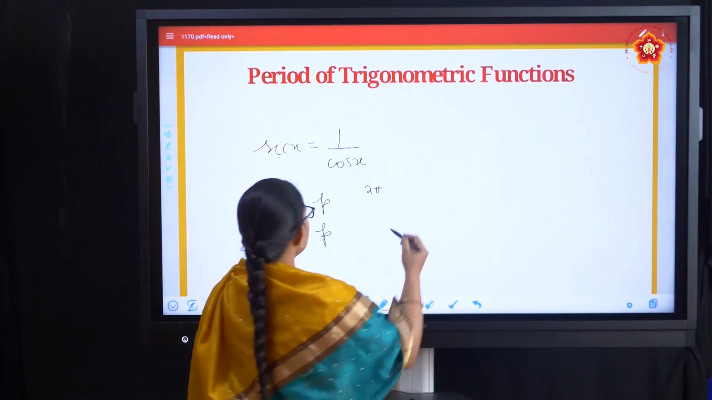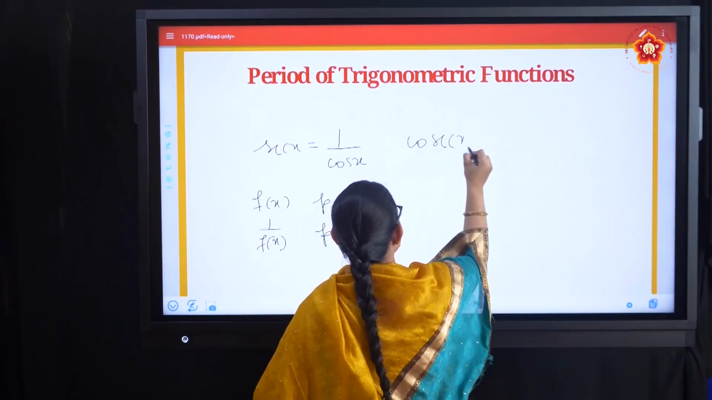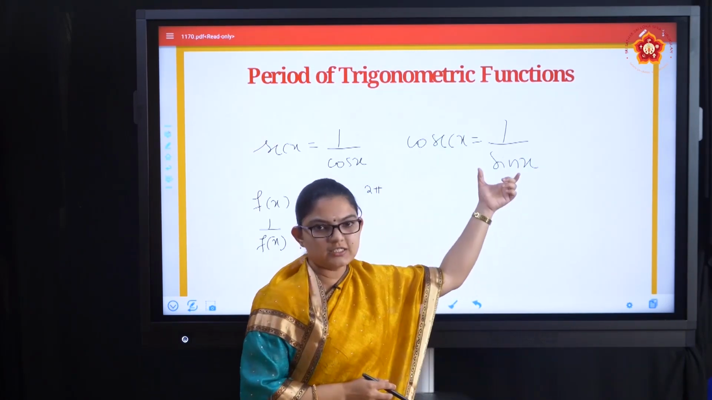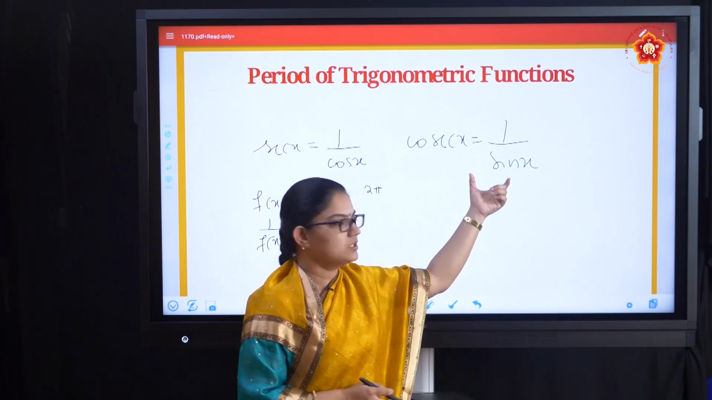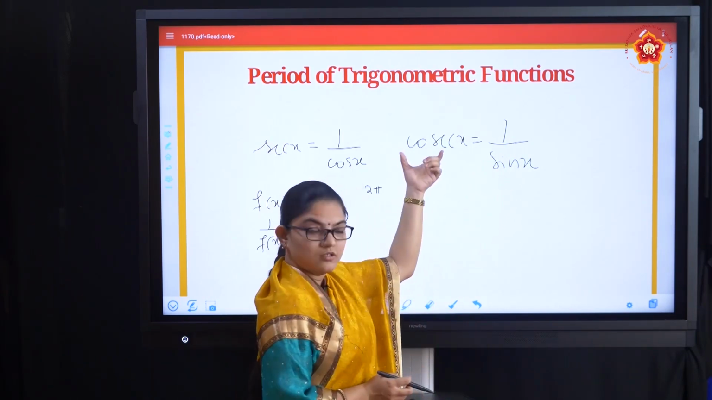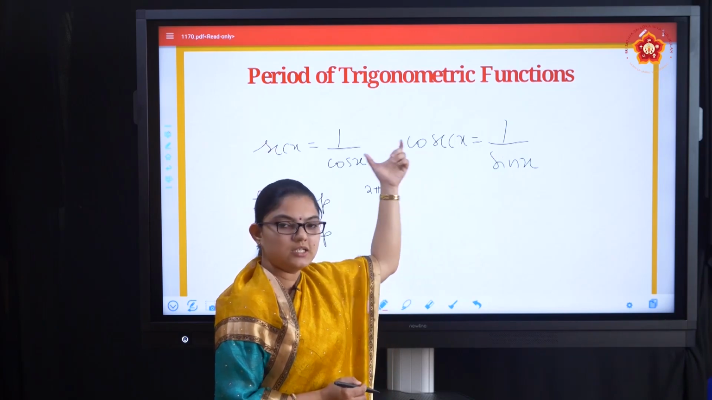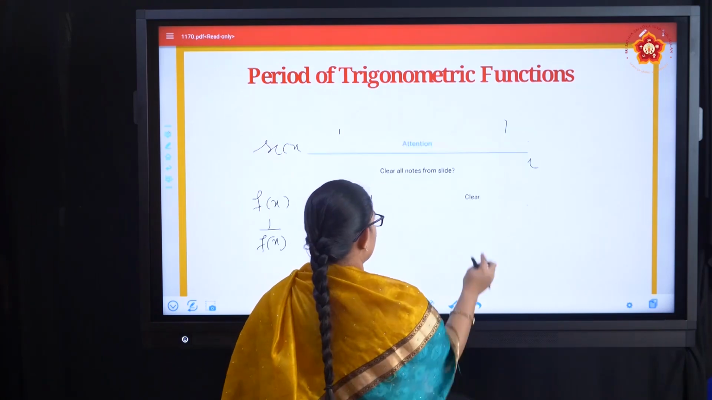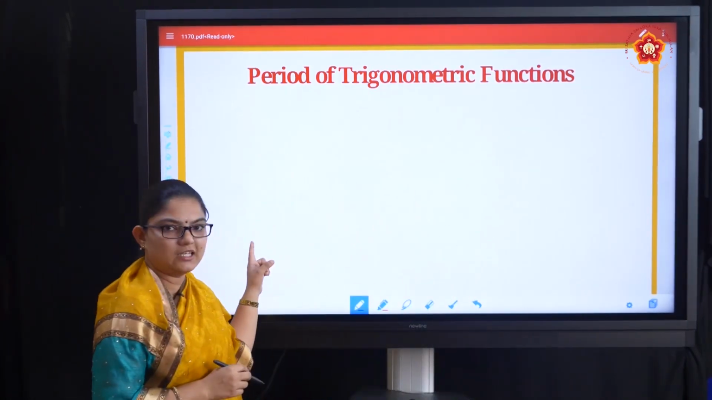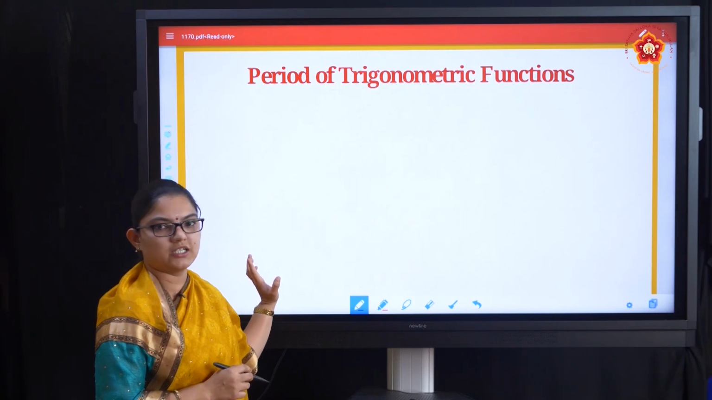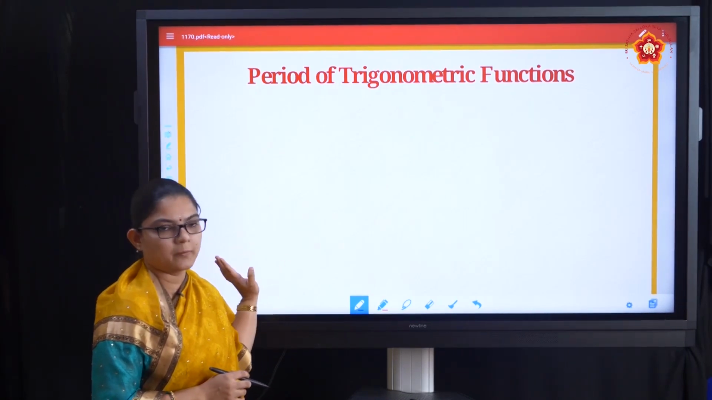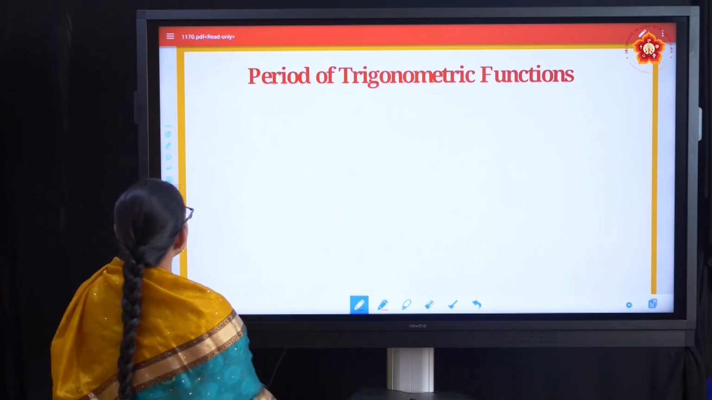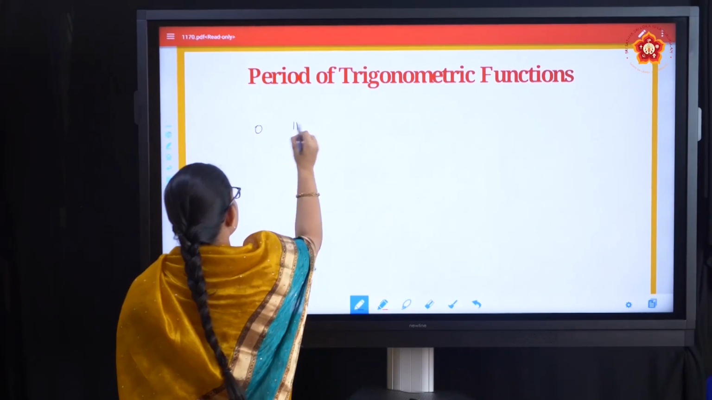Same way we can say cosec x. Cosec x is the reciprocal of sin x, and we know the period of sin x is 2 pi. So therefore the reciprocal of sin x, that is cosecant x, will have the period 2 pi. So therefore we say the period of sin x, cos x, secant x and cosecant x will be 2 pi. Next, let us see about the period of tan. So, coming to their values, we know